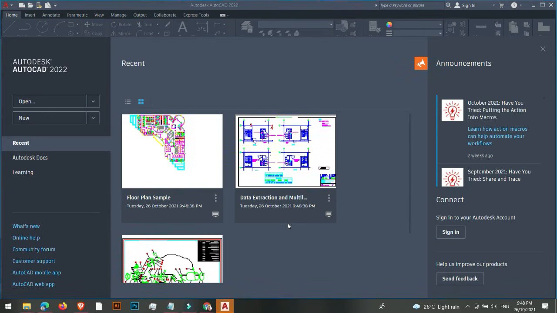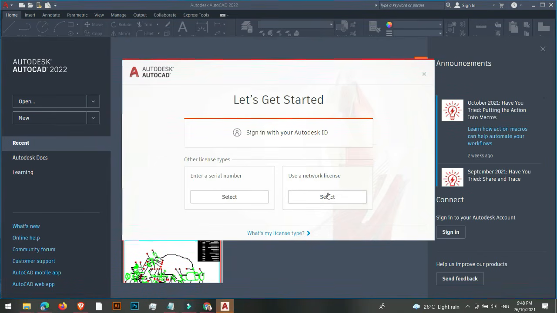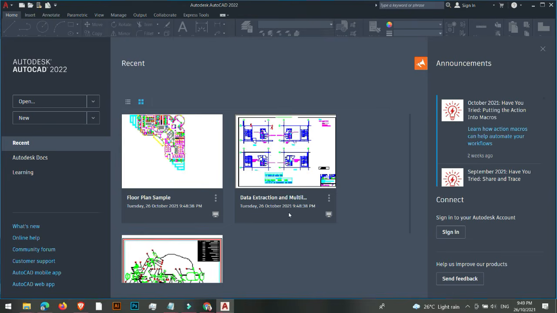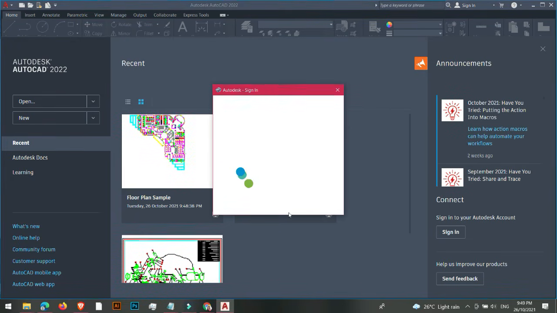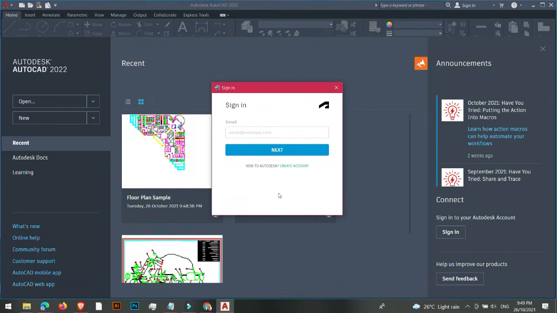And then this is the user interface of AutoCAD. You could actually sign in there. Then it would prompt you for a license. And of course, if you bought this AutoCAD, you have to enter a license and use a network. I'm gonna sign in with my Autodesk ID. Alright, and of course, we should key in the email that we have used in creating that account. As for you, and this is for me, so I'm gonna key in my